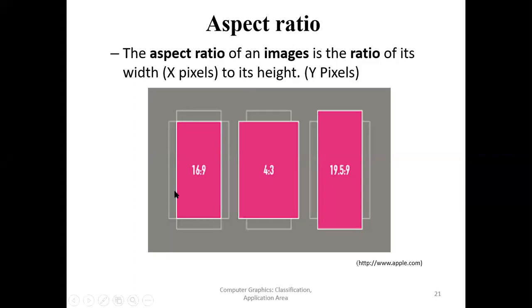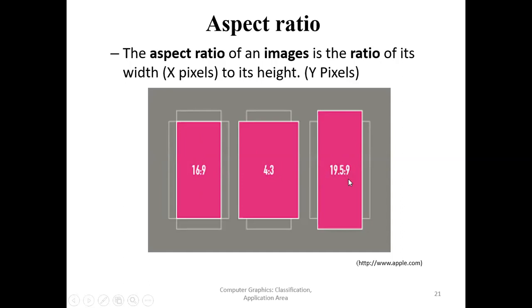As you can see, in all of the cases they have the same computer screen, but in the first one, the ratio of the pixels on the x-axis and y-axis is 16:9. In the second one, the ratio is 4:3, and in the third one, the ratio is